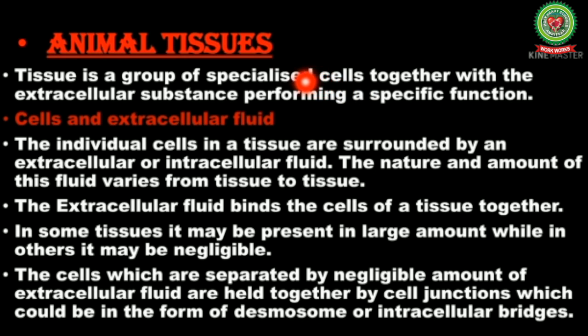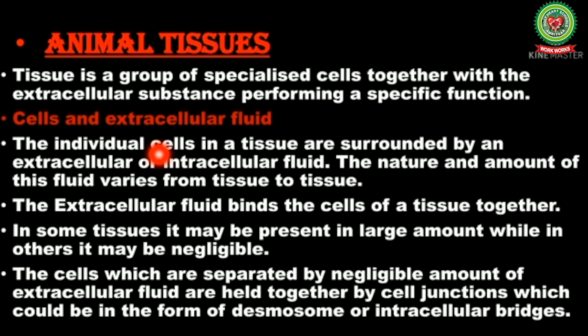Before proceeding with the topic epithelial tissue, we must know what is animal tissue. A multicellular organism has millions of cells. These cells of a particular type assemble together and perform a specific function. These groups of cells having similar structure and functions are called tissues. Various tissues often group together and form a large functional unit called organs. A number of organs work together in a coordinated manner and form an organ system. A complex organism is a result of the cooperative and integrative activities of all these various organ systems.